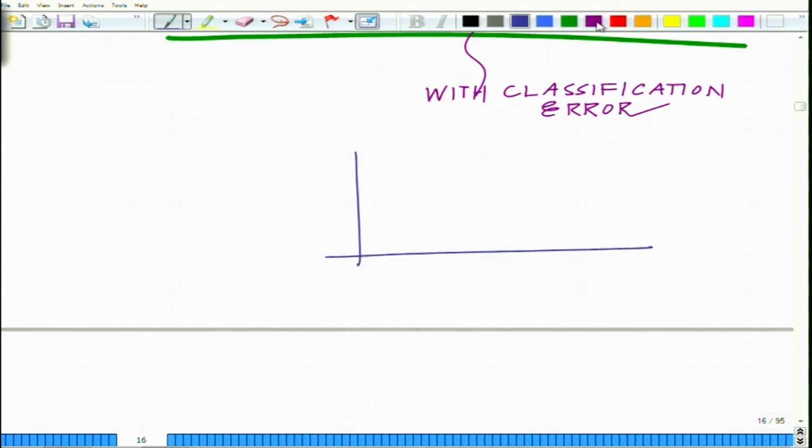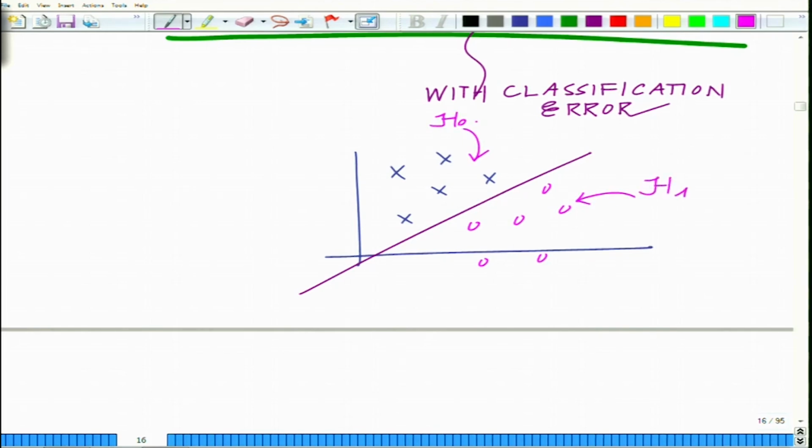Now, so far what we have seen is basically the following. We have two sets of points, and we are trying to separate them. So, this set corresponds to hypothesis H0, this corresponds to hypothesis H1, and we said we can separate them using a hyperplane. But if you separate them simply using a hyperplane, that results in the trivial solution. So, what we said was we are going to fit a slab, the thickest possible slab, and maximize the separation,